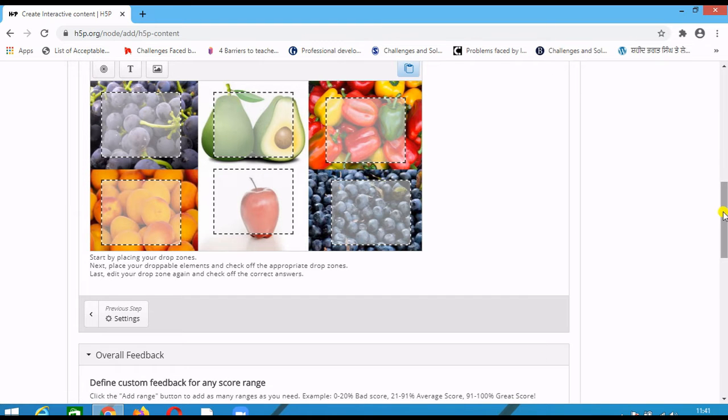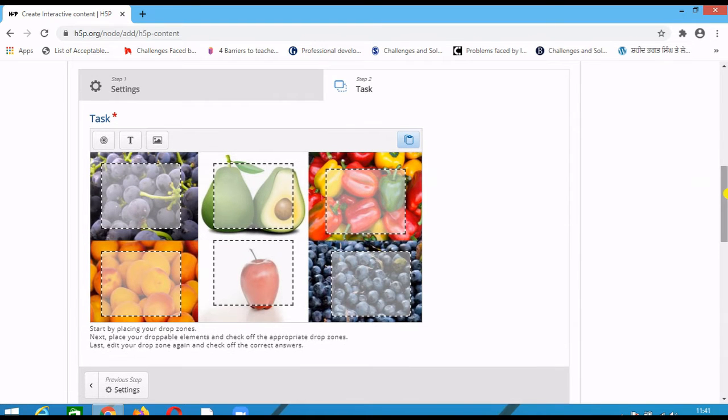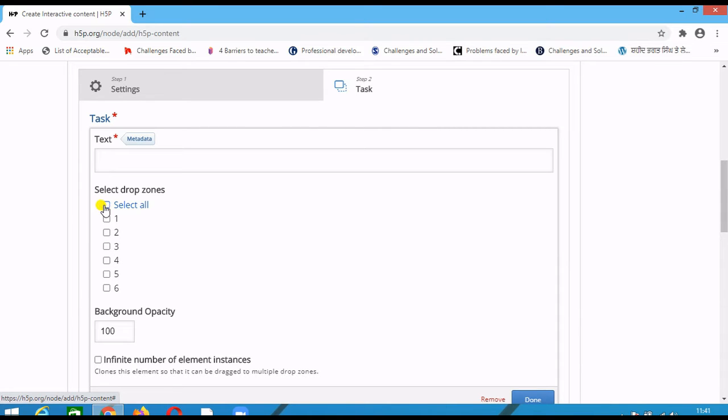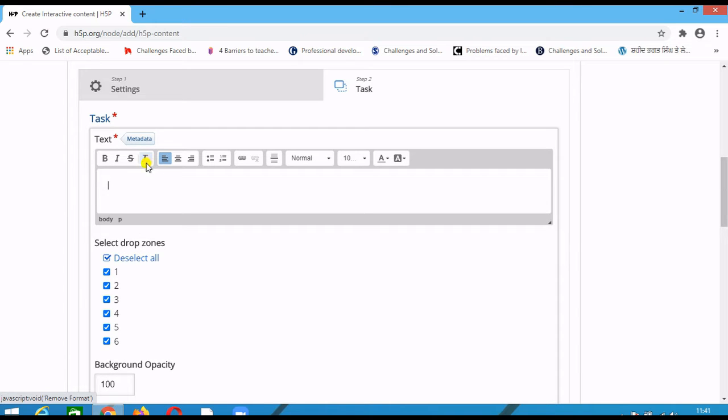So this was our first step which we did, putting the drop zones here in the boxes. Now it's our turn to add texts. Since we just want to add a text to all of this, so we would do this with caution. For adding text, you have to select all the drop zones. Since you need to learn how to correct it, in this second step you will click here and then write text. First one was grapes, so I will write grapes